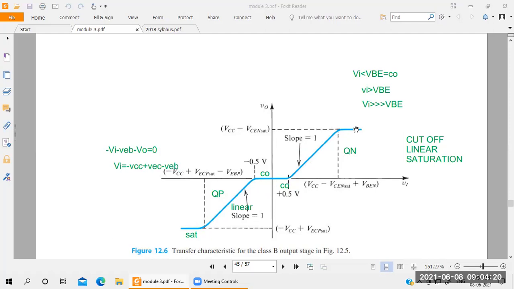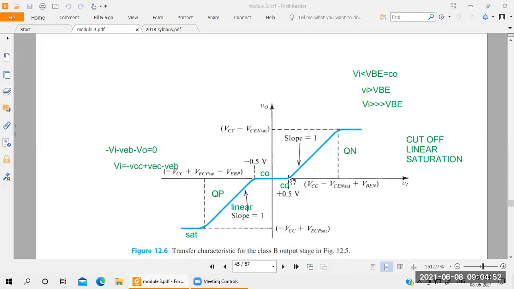What you're looking at on the right side is the Q1 transistor, because this is for the positive VCC, right? This is the first quadrant for the positive voltage. So if I apply positive voltage here, after the 0.5, the transistor becomes on. When it is on, it will conduct the input voltage. Then we get the output voltage, that is linear. So this is for the on condition. That is why they made the slope equal to 1.